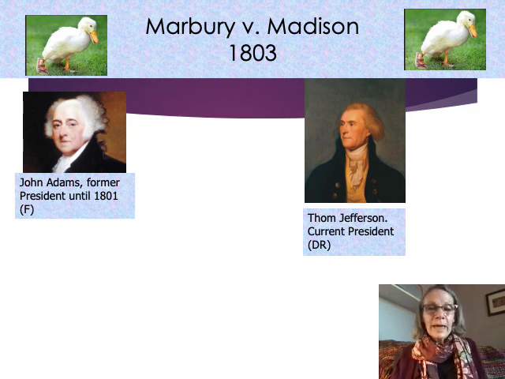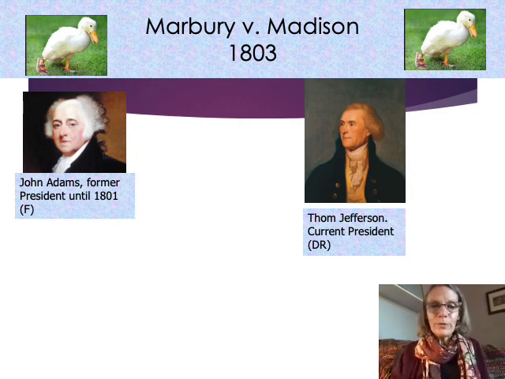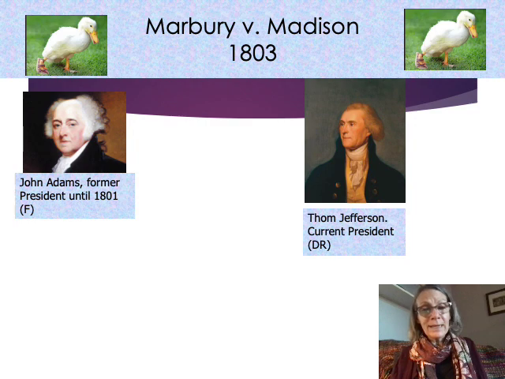We have the power to create new federal courts. And so, gosh darn it, we're going to create new federal courts, and we're going to pack them with a bunch of Federalist judges. Take that, Thomas Jefferson and you damn Democratic Republicans. And that's exactly what they did. They created a bunch of new federal courts, and they packed those with Federalist judges.